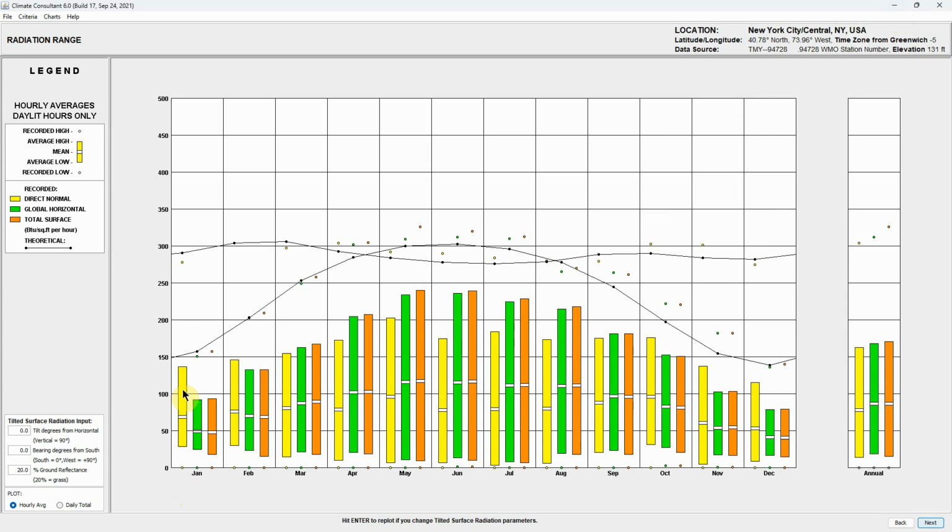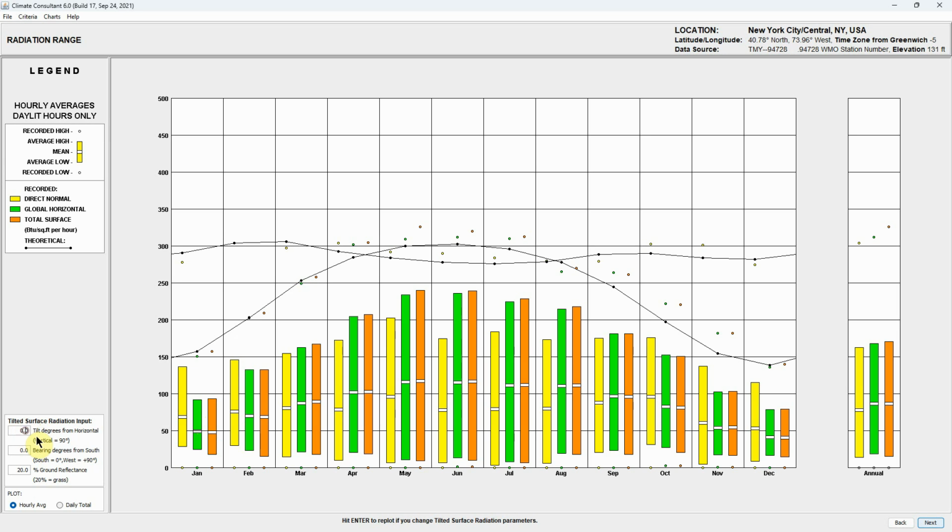So this direct normal number is going to be cut in half or so, which is what the gray is here, or this light orange. The main thing to understand, and you can look at that and see how that's always the case, is that until the sun starts getting higher in the sky, the global and the tilted are lower than the